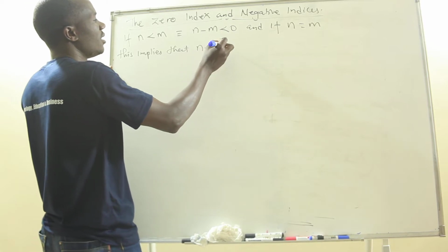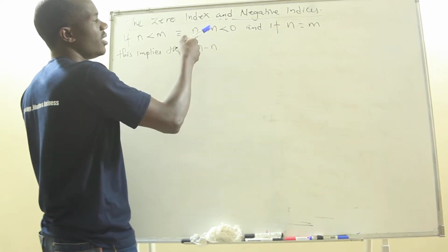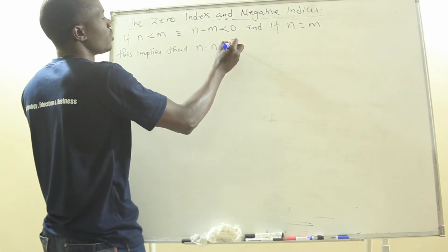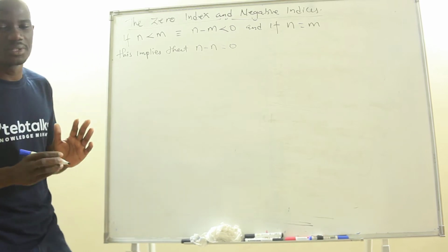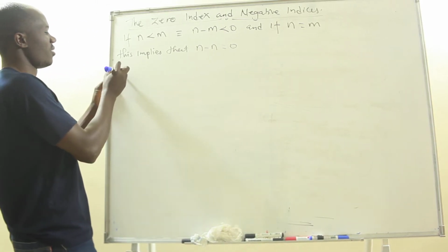n minus n, where there is m, you can put n. Where there is m, you just put n. If I've said that if n equals m, then n minus m is equal to 0. We want to look at those scenarios such that we move on. So we can write